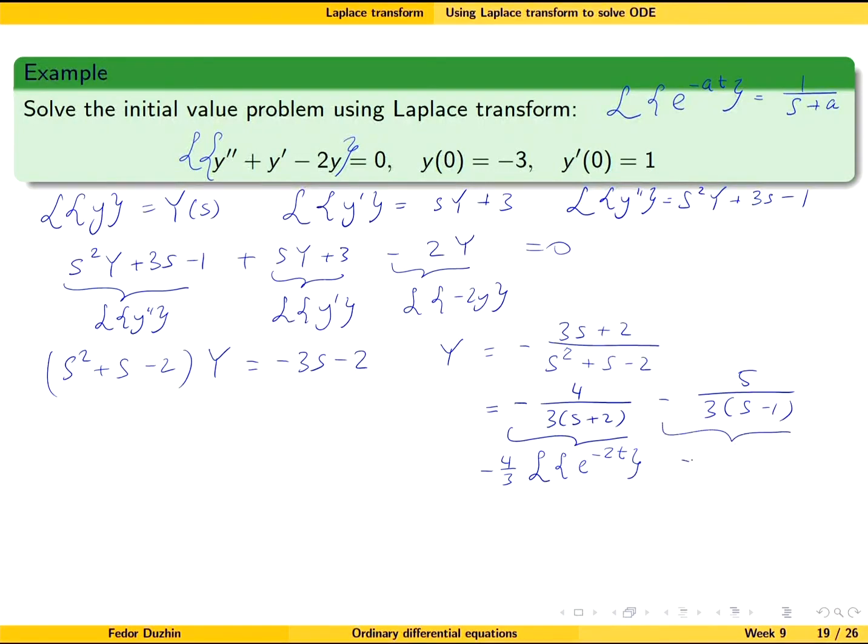And this is minus 5 over 3, and 1 over s minus 1 is the Laplace transform of e to the t. So which means that the answer is minus 4/3 e to the minus 2t minus 5/3 e to the t,